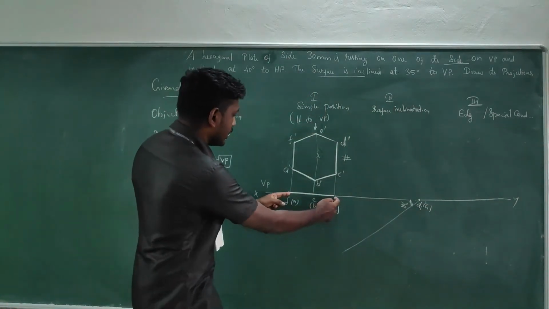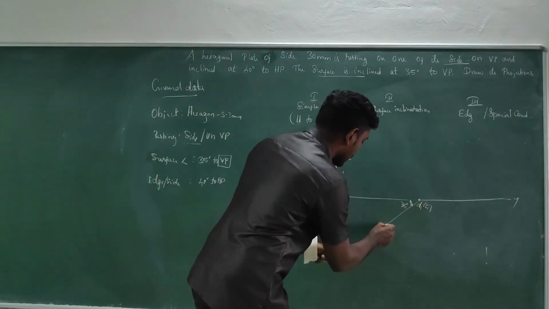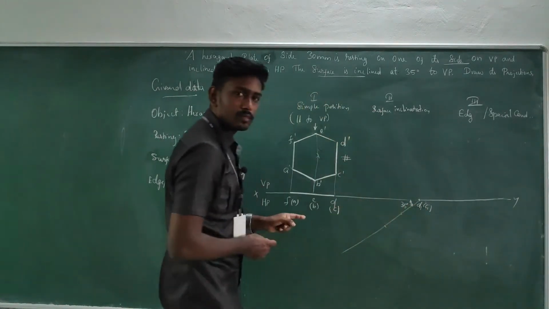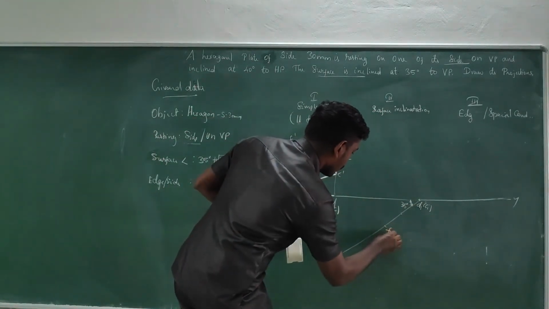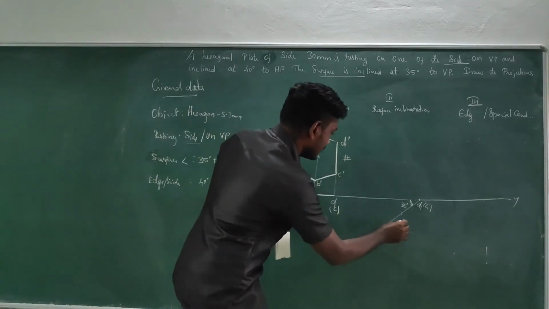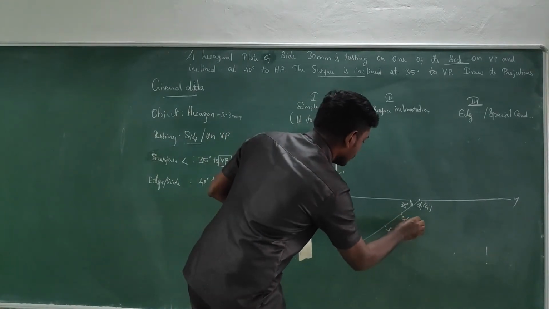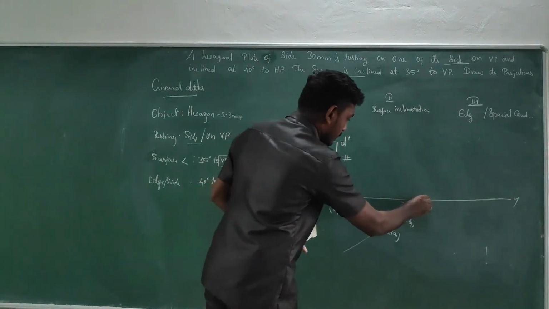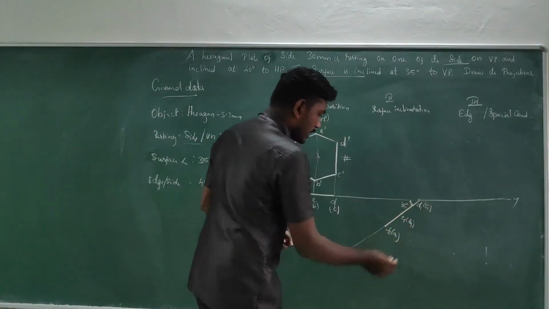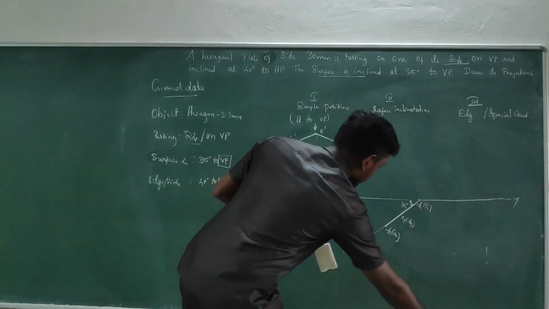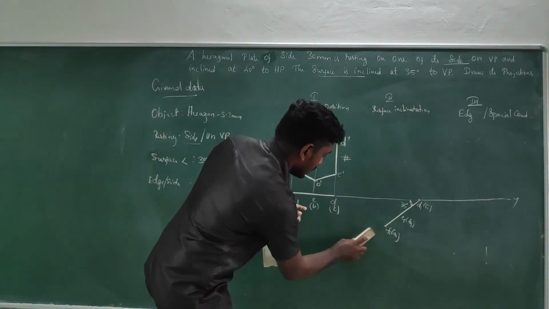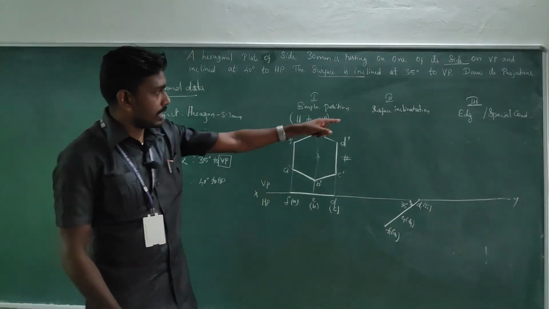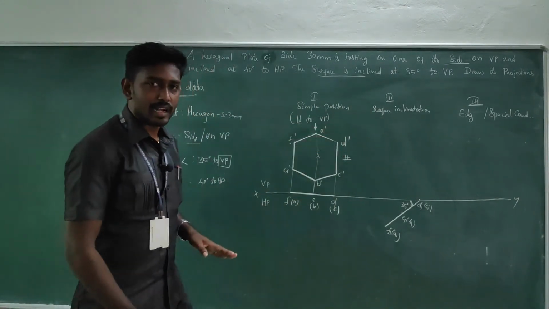Now take the measurement D to F. Just have a cut mark. D to E. Just have a cut mark. This is F1 and A1. And this is E1 and B1. Okay. Go for a dark line. You get the same length line in the inclined manner. This is the observation in the top view for the surface inclination.